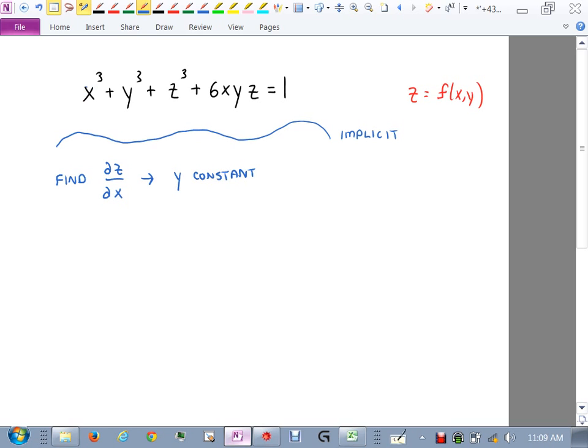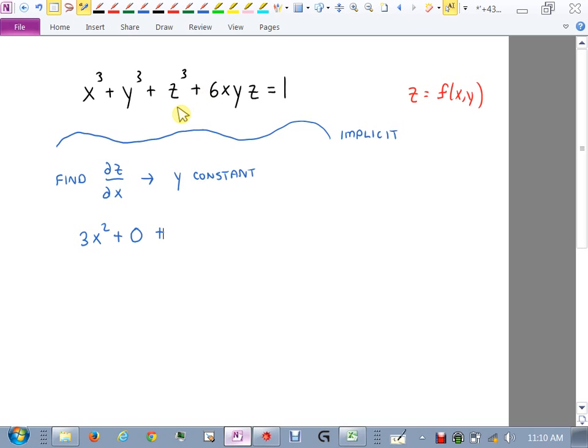So let's do it. What's the derivative of x cubed with respect to x? 3x squared. Okay, plus what's the derivative of y cubed? 0, because y is constant. So it doesn't matter what y is. Cube it, it's still a number. The derivative of a number is 0. Plus,